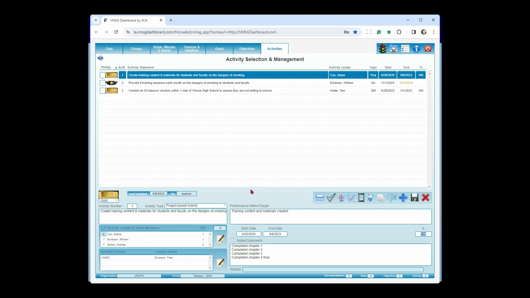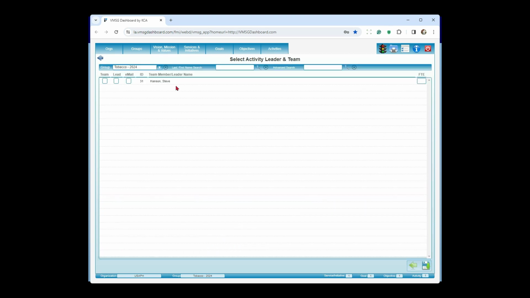The other thing we do at the activity level is assign teams of people. So I'm going to click on this pencil icon. I'm going to click on the little black X to open it to our whole department. And you can see we have the team members over here. So you see we have 3 team members. We have Diane as our team lead, so she's guiding the team to create the training content. And then that email notification again. So in addition to Steve getting an email to update the objective, Diane's going to get an email to update